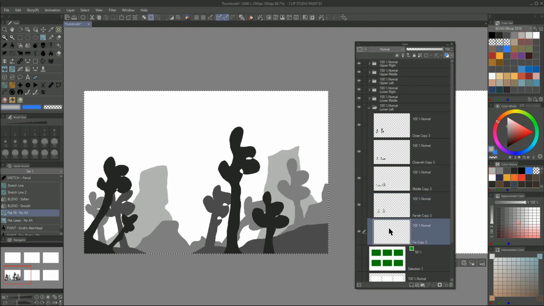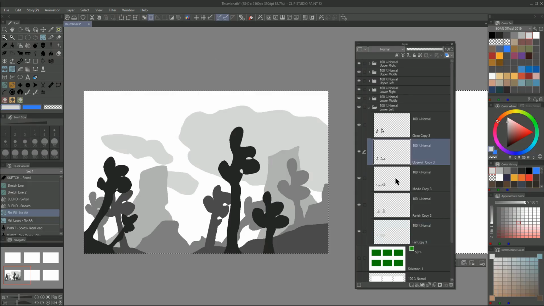And for our far layer, again, lighter value, I'm going to put some fluffy clouds behind this stuff. Let's get a little lower one there. There we go. So at the moment, this doesn't really show depth of field. Not yet. For the sake of this exercise, we're going to choose the middle copy as in focus. If you need to change the name at this point, you certainly can. Just change that word copy to